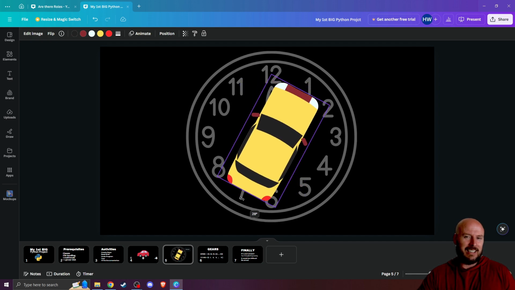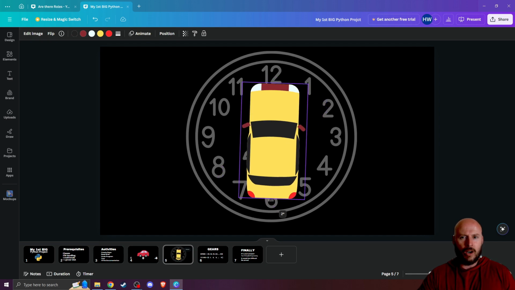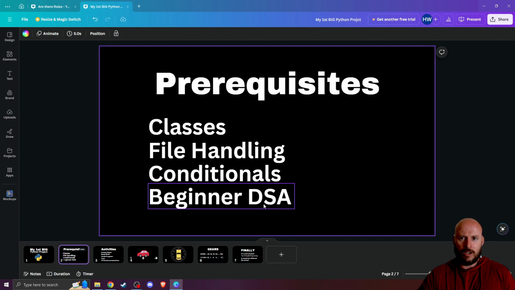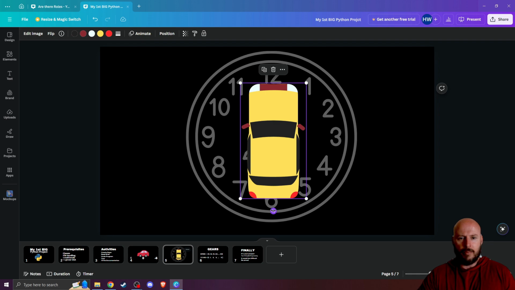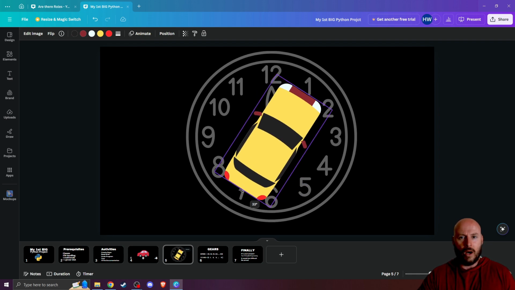But of course, in real life, if you add 1 to 12, that becomes 13. We will obviously have to put in logic, and this is where I was talking about the beginner data structures and algorithms, conditionals, and things like that. This is where it comes into practice. We will need to make sure that 12 plus 1 becomes 1. So we're obviously going to have to throw in an if statement there. So if 13, change this to a 1. And also,